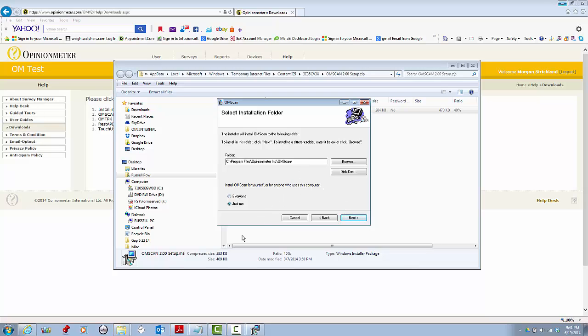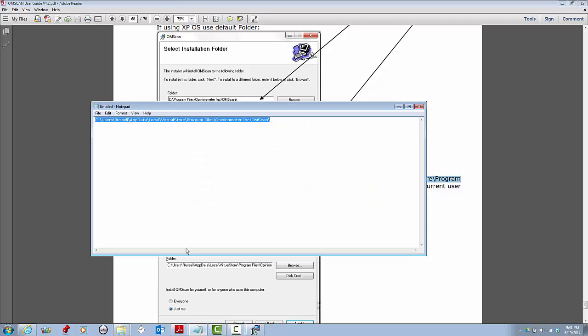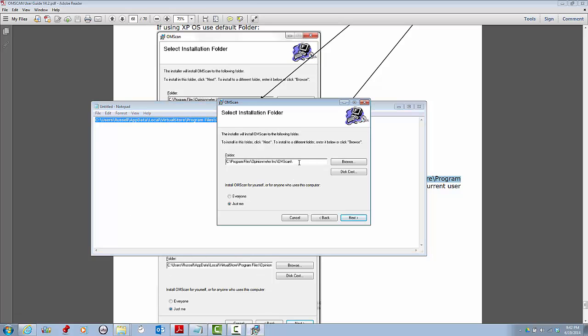I've got Windows 7, so I've got to go to the user guide, which like I said before, I've already downloaded. And I need to cut and paste in this path. It's C, user guide, username, app data, local, virtual store, program files, Opinionmeter Inc., OMScan. Where the username is your current user that you're logged in as. So I'm going to copy this and paste it in here. I'm going to type in my username, which is Russell. And I'm going to copy that and paste it in the app installer